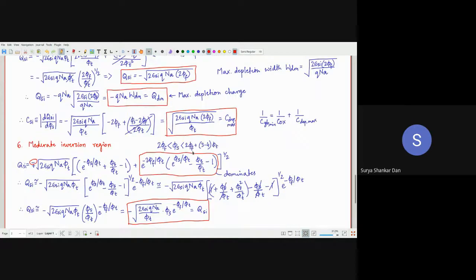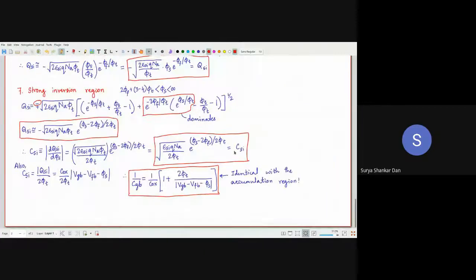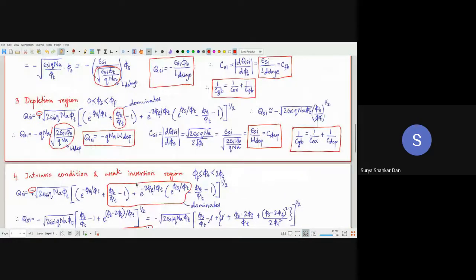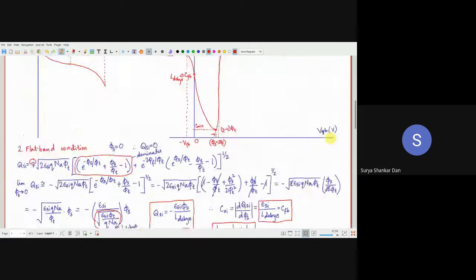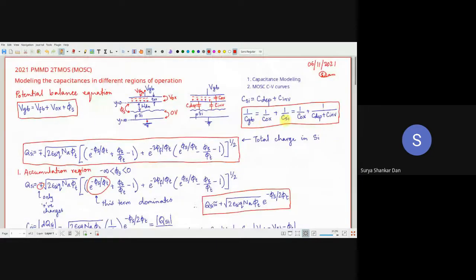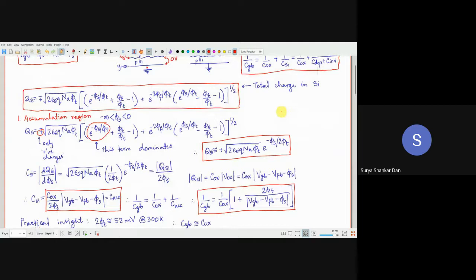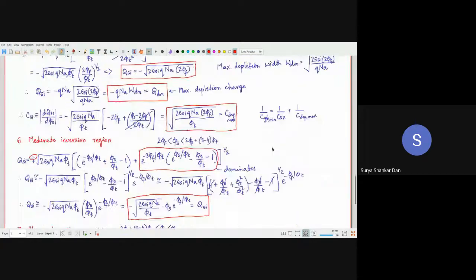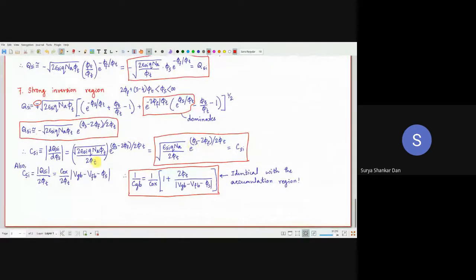Okay, so when it increases, again this is CSI. So what will CGB be? Always think in terms of the terminal capacitances. Terminal capacitance will now be the CSI, the first equation itself, that is increasing like anything. Now this is going to again become very, very small. We can ignore that. If we ignore this, for example, in the accumulation region, we ignored this because 2 phi t was less than this. You essentially end up in the same relation here mathematically also. 2 phi t by VGB minus this is identical with the accumulation region.